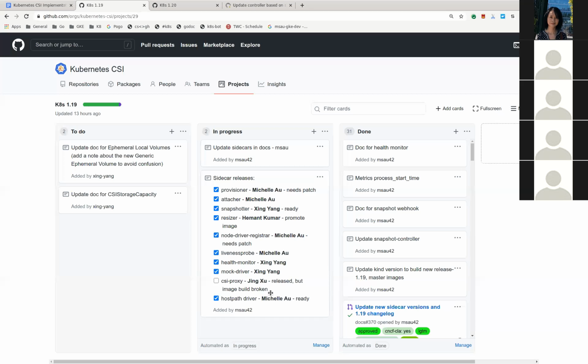All right, and then the one last thing that's remaining with our releases is the image building for CSI proxy. Jing, have you had a chance to look at this yet? Yeah, I pinged that person again, but no response. I think I need to find another person to help on this. Yeah, maybe try Aaron, Spiff XP.